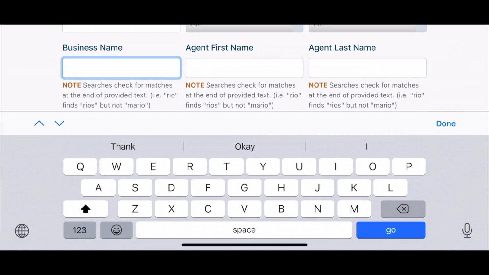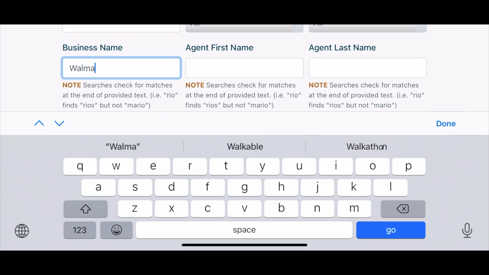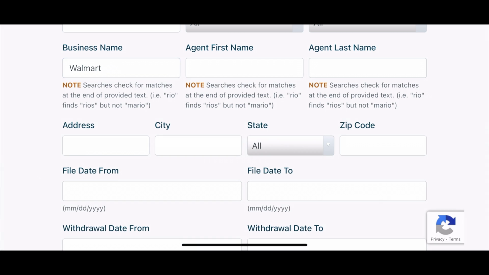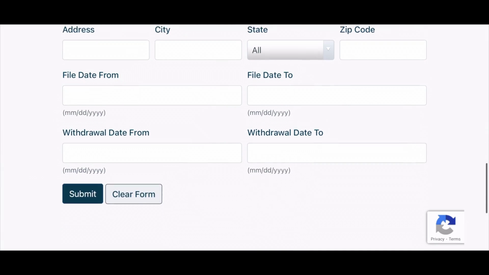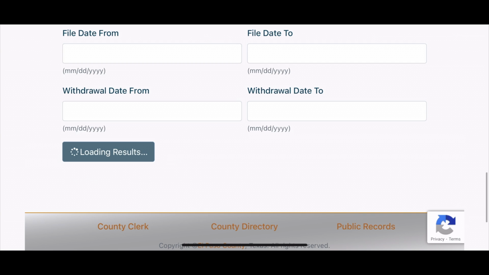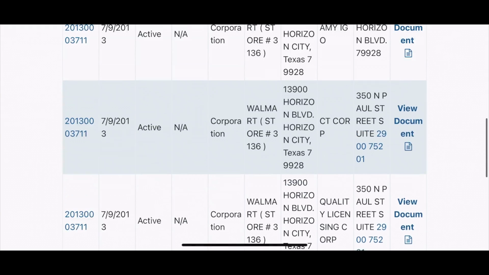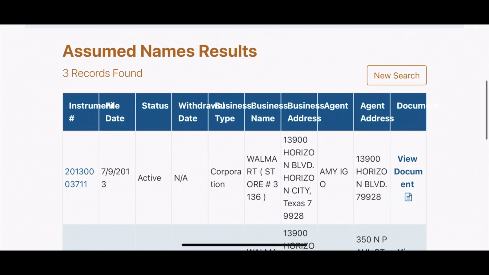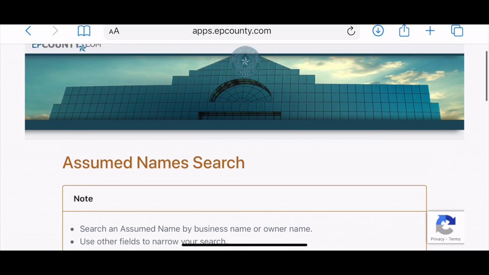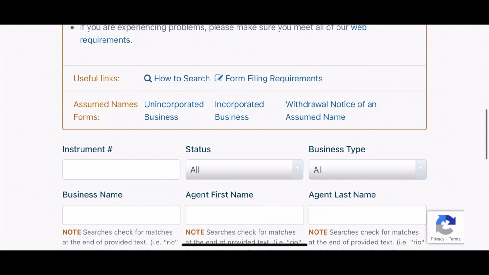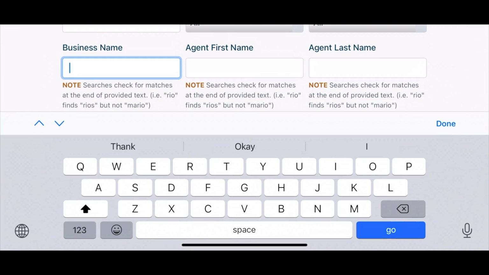Okay, now that we're back to this page, I'm going to show you guys what it looks like when a business name is already taken. So I'm going to go ahead and type in Walmart, and then scroll down and click submit. Here you can see that there's already 3 businesses named Walmart. So you're not going to be able to call your business Walmart, obviously. And you're going to want to search another name until it